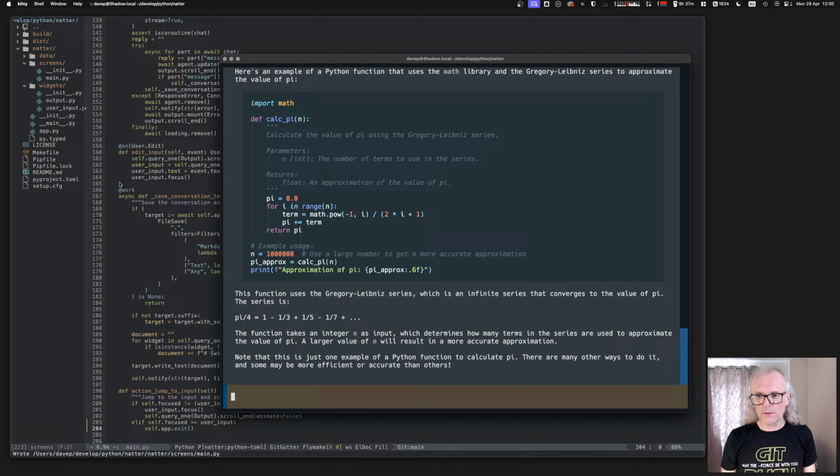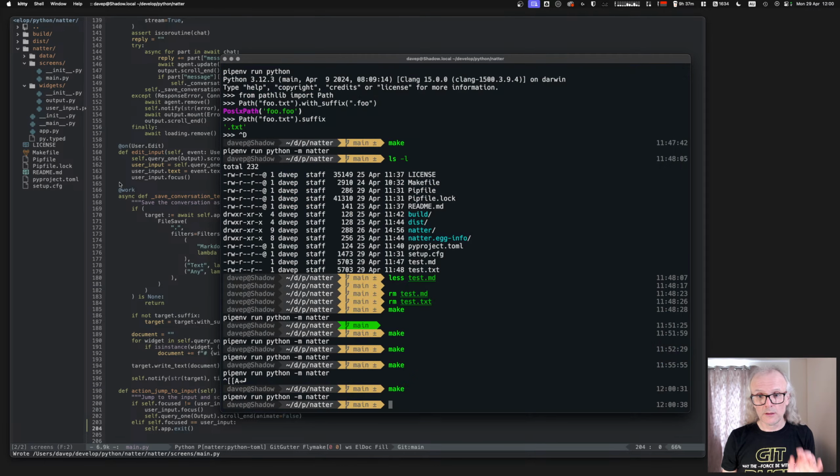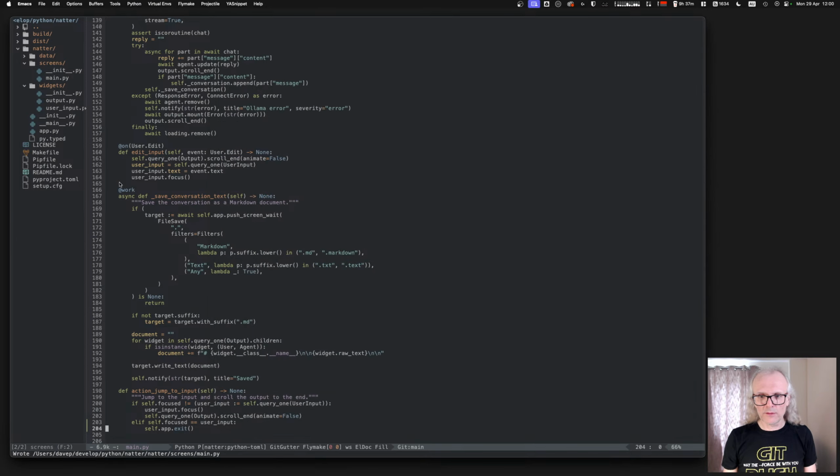So let's check that works. If I go there, press escape, it goes back to the input, press escape again, yay, closes down. That's nice. I like being able to do that in my own apps.